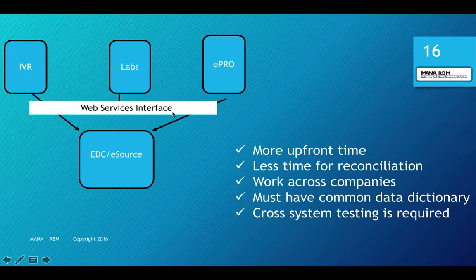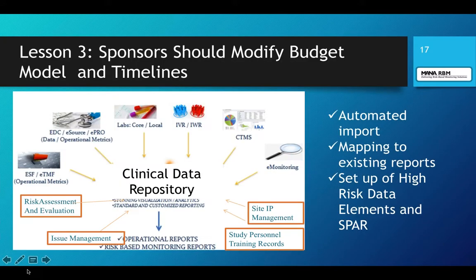Let's just say one of the things that we really like to do is we hate duplicate databases. So if the data is in one place, we want it only in one place. And this is part of the eSource guidance that we talked about. So if the data for the IVR, let's just say a subject gets seen, their inclusion exclusion is completed in the EDC, everything's in the EDC, and then you want to randomize that subject. If you're going to use a separate IVR system, that's fine. But what you want is you want to